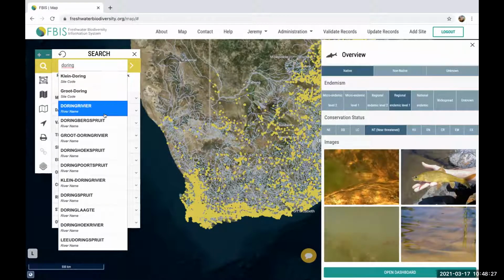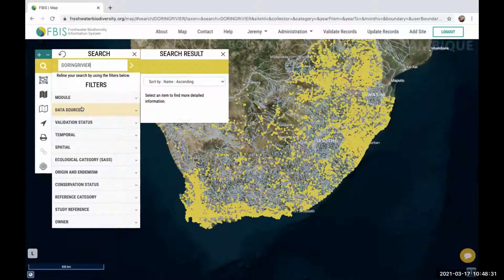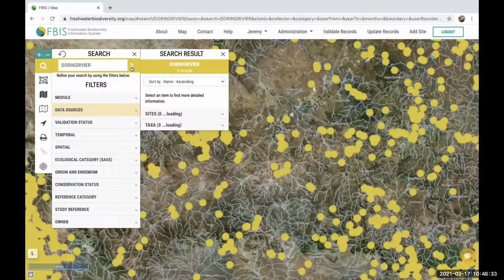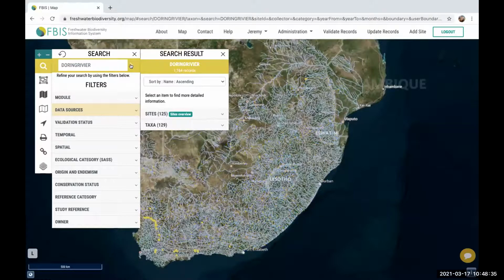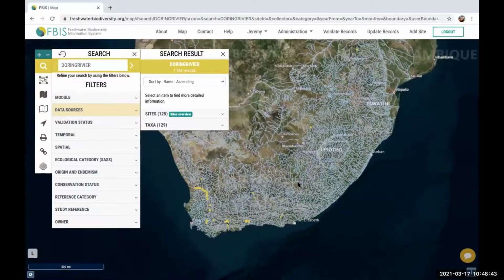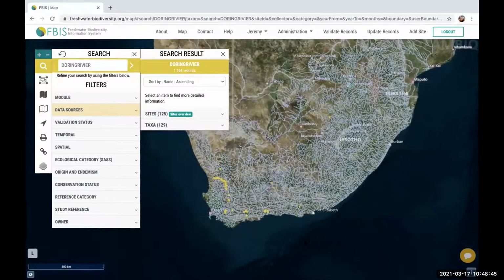And you can see here, the Doring River comes up. By searching for that, it shows me that there's 1,164 records from the Doring River. And you can see here the spread of the data. So I know that the Doring River is this one over here, but there's also a few other data points